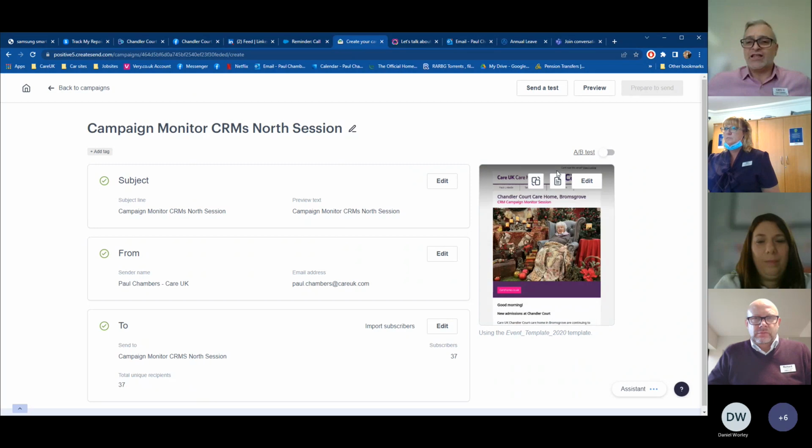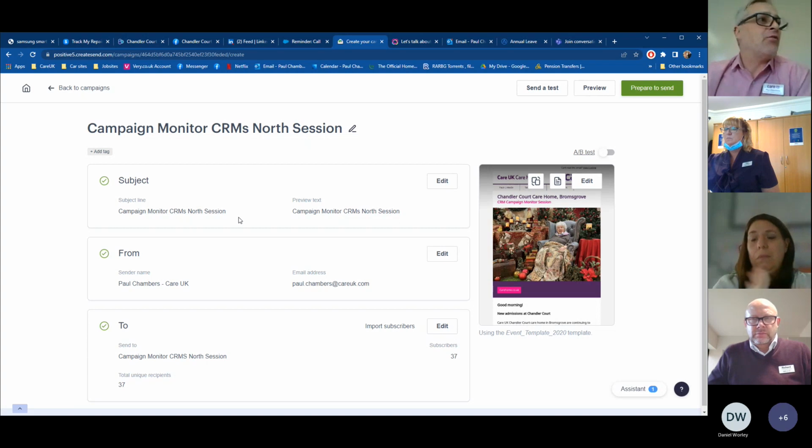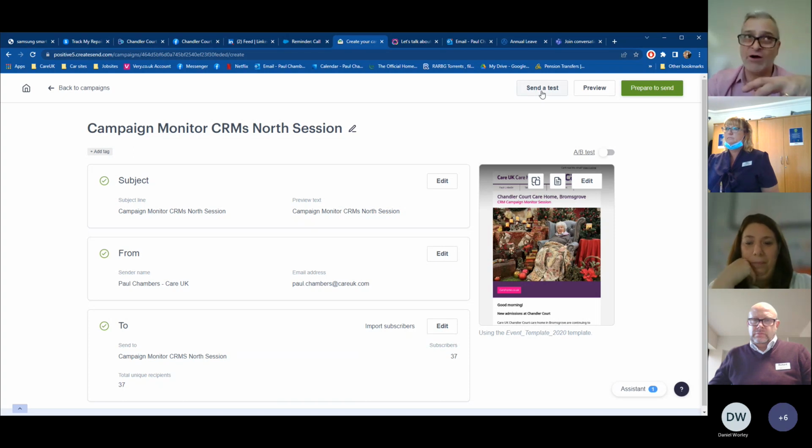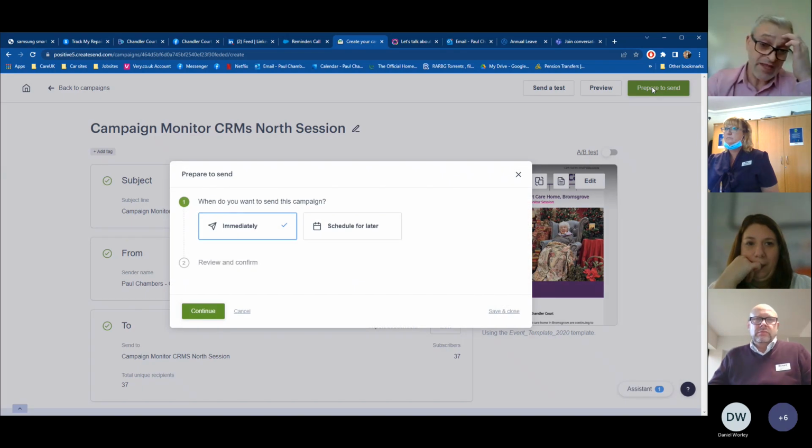This is where audience participation comes into play. So everything we've done now, we're ready. We've double checked everything. We know who we're sending it to. Now, if you wanted to, you can send a test to yourself first, just to double check it, see how it comes through. But we're happy with everything, so we're just going to send it. Now, when you come to sending it, it'll give you two options. You can either send it immediately, so it literally goes straight away,